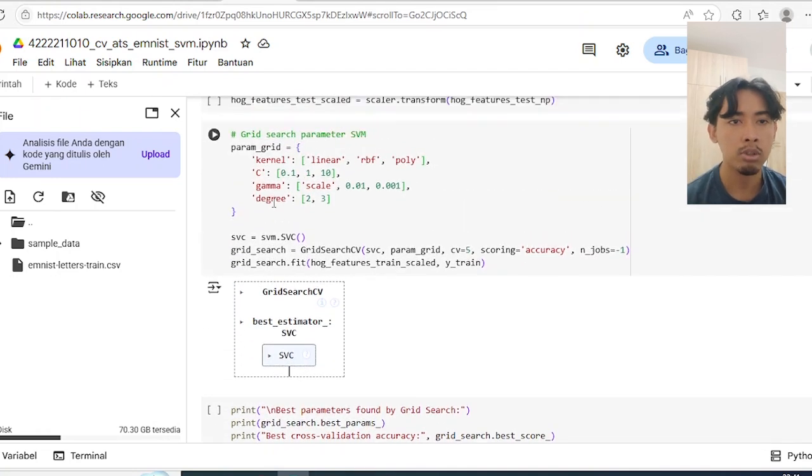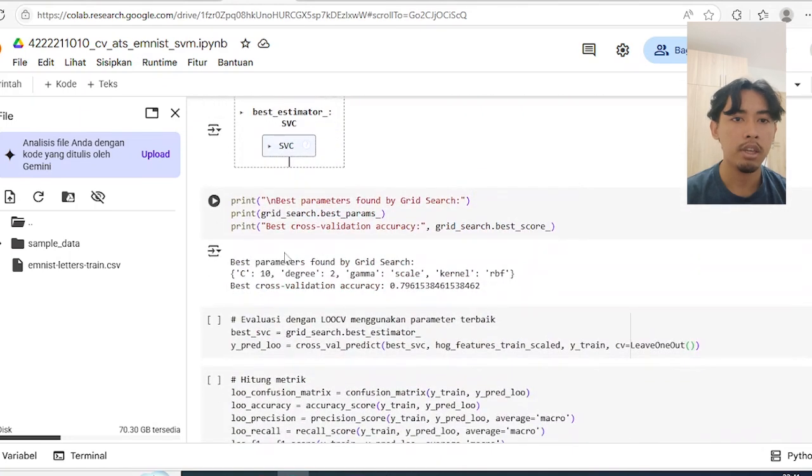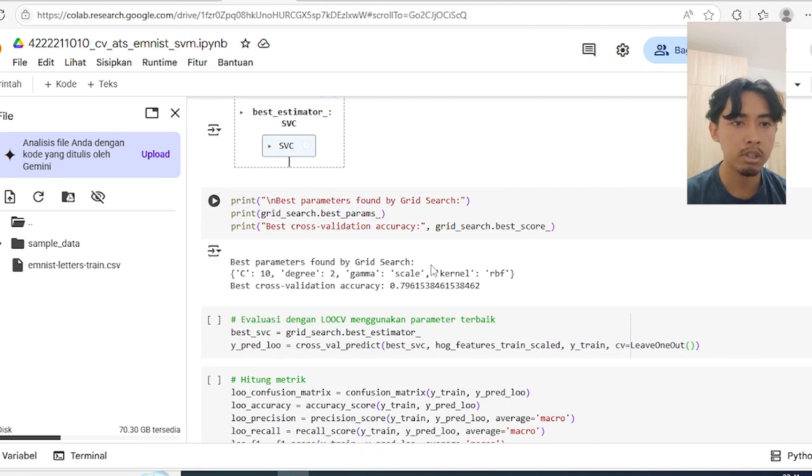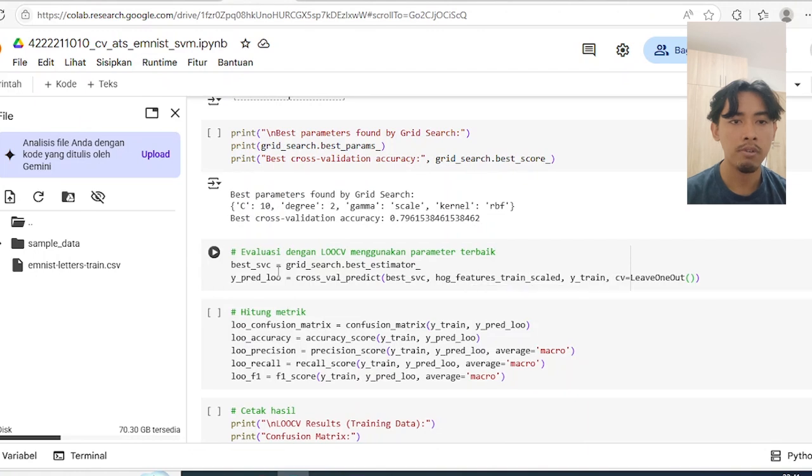It will automatically check to get the best parameters from the kernel, C, gamma, and degree. And next this is the line where I print the parameters that I use for this SVM, with C is 10, degree is 2, gamma is scale, and the kernel using RBF.